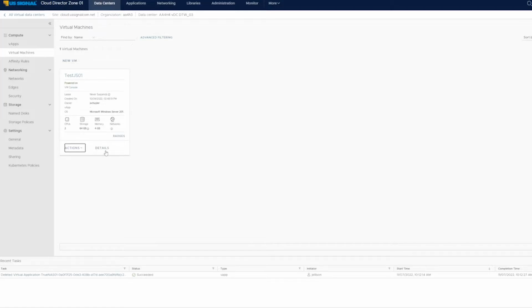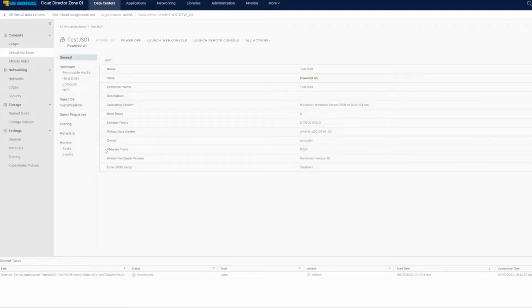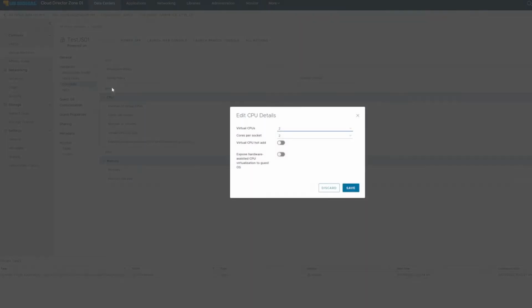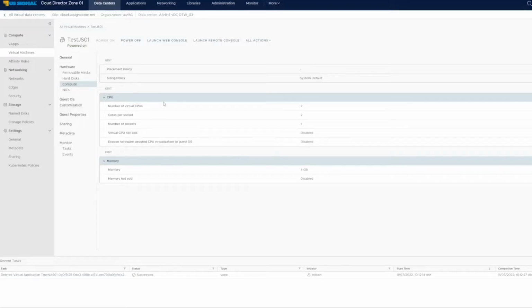Additionally, if we click the Details tab, this is how you'll add hard disks, change compute settings, memory, all that's done directly within here. Simply shut down the virtual machine, edit, and change allocations. Additionally, if we go back to the Compute tab,